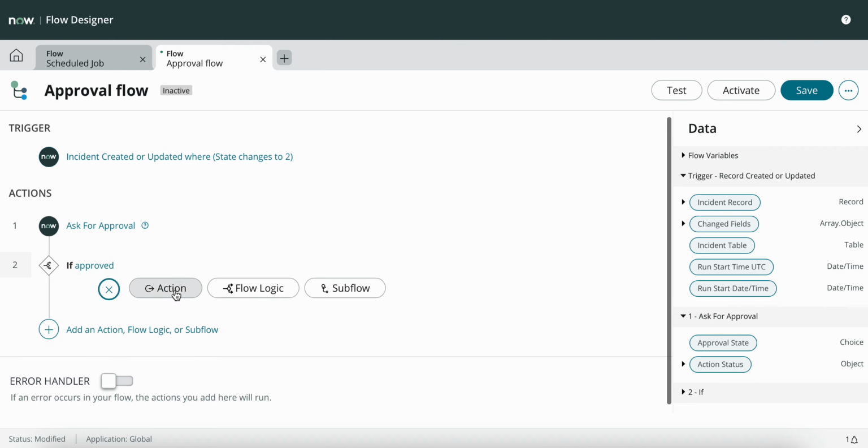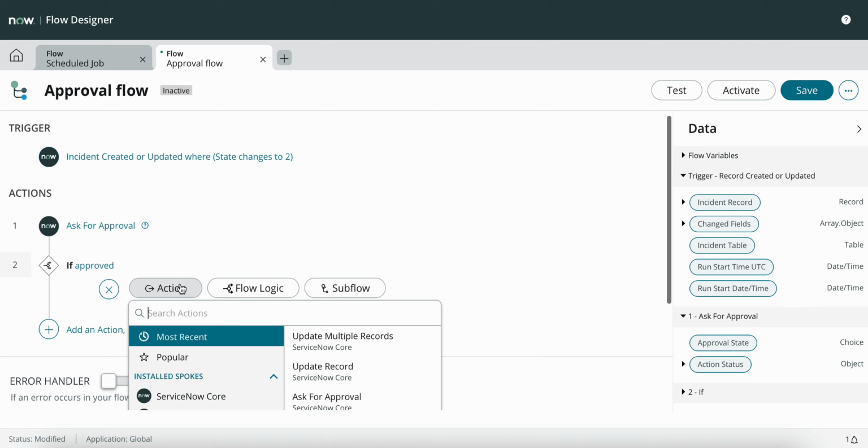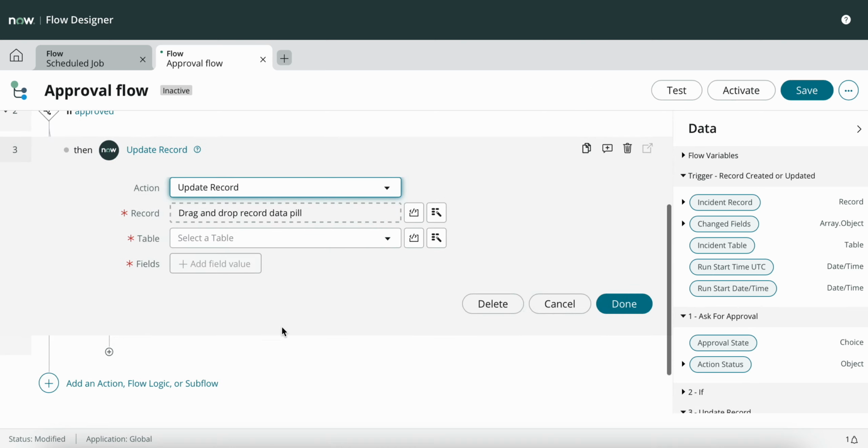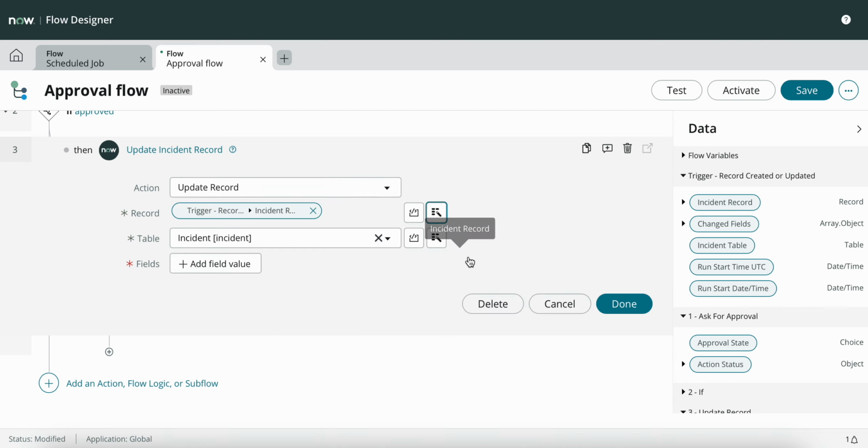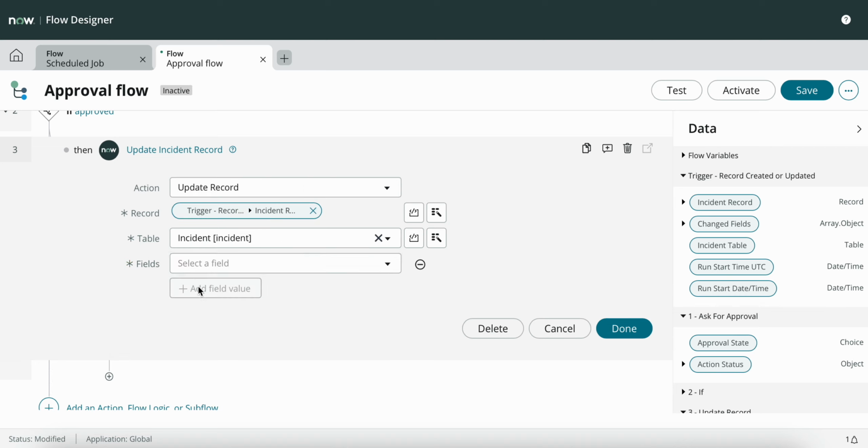Then what happens? We can say that we will update the record. And then we have to go back to the trigger because the trigger has our record. So update the record to